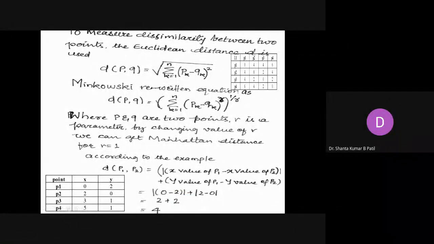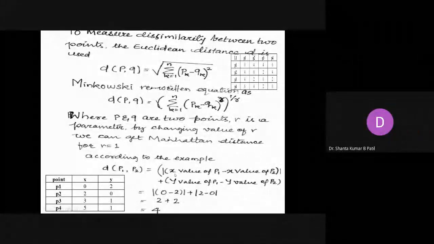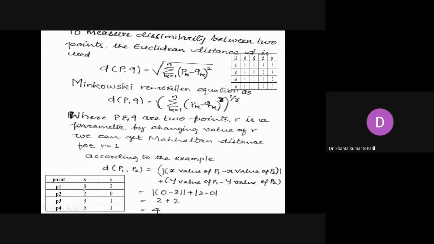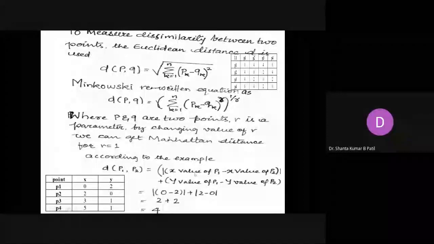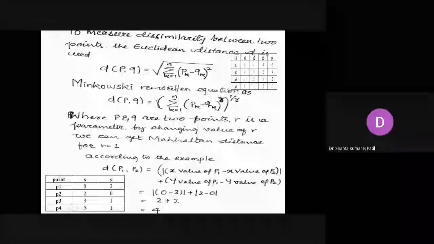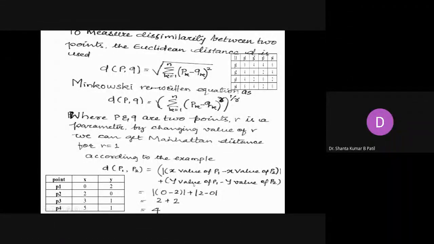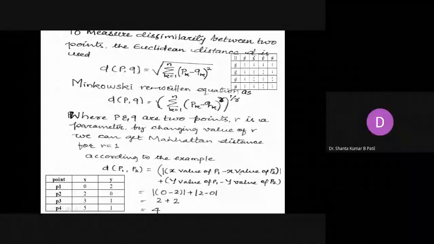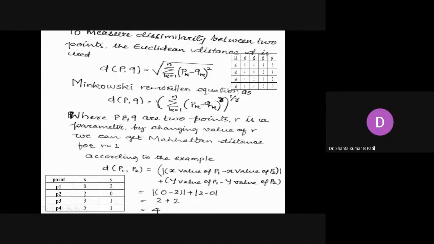If you are finding d between the points P1 and P2, what you can do is take the x value of P1, which is 0, minus the x value of P2, its magnitude. So it is showing that even though it is positive or negative, it is considered as positive only. Then the y value of P1 minus the y value of P2. If you add these two, you are going to get the 4. So this is the 0, and this 2 is a -2. The x value of P2 is -2.